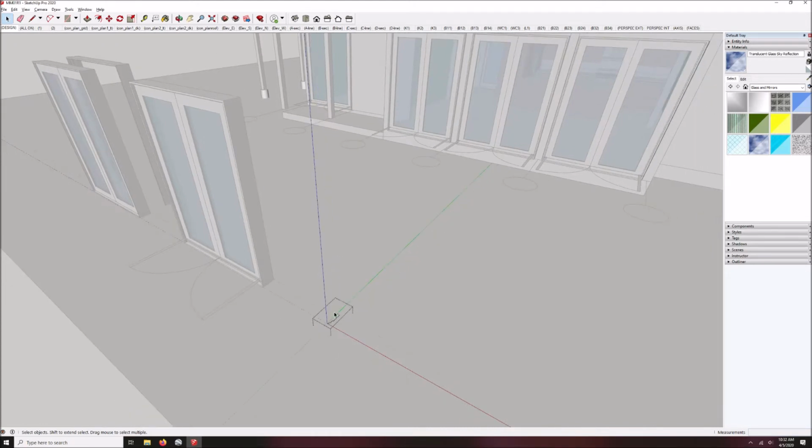What I'm going to do is draw a path, a set of lines, and then I will use the Follow Me tool to extrude this profile along the path. It'll go up the side of the frame, across the top, and come back down again. So I will start with L for line. I'm going to come off this corner here, use my up arrow to tell SketchUp to draw vertically,